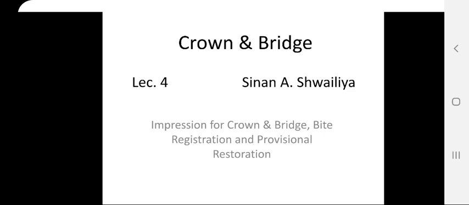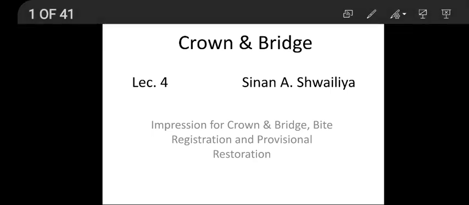How to place a provisional restoration, a temporary restoration to cover the teeth while the fixed restoration is being constructed. مثل ما معروف بالنسبة لكم،